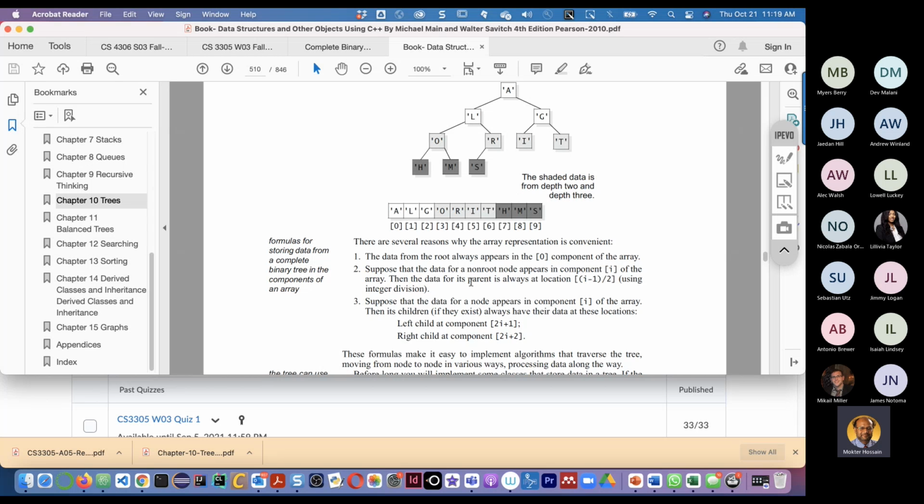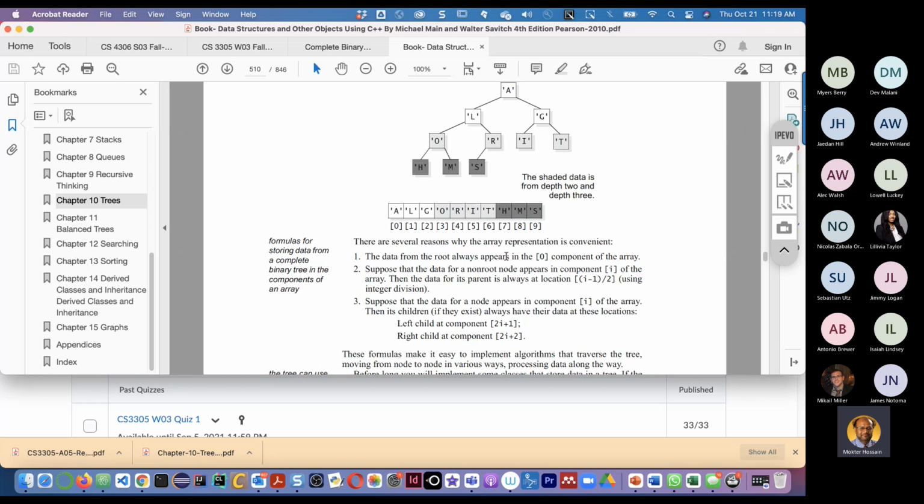So the data for its parent is always located at (I minus 1) divided by 2, with integer division. Integer division means you are taking the floor.